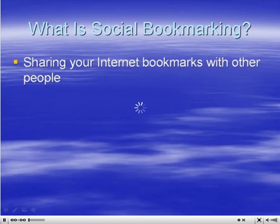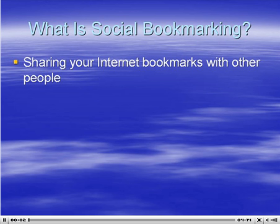Social bookmarking is something else that's proven very, very popular. As I said in the slide about social networking, there is much more of a crossover between bookmarking and networking nowadays. They're both doing a bit more of each other, and the boundaries are starting to blur. So basically, social bookmarking is sharing your internet bookmarks or sites that you found that are of interest with other